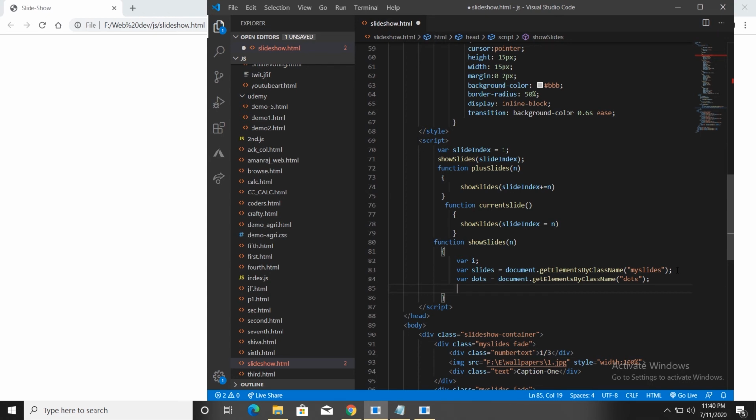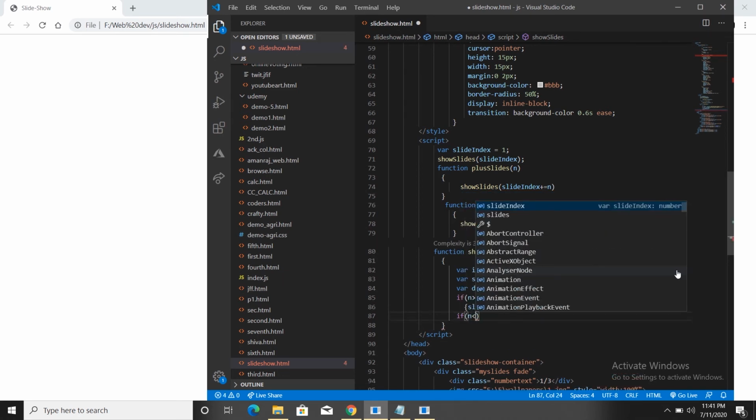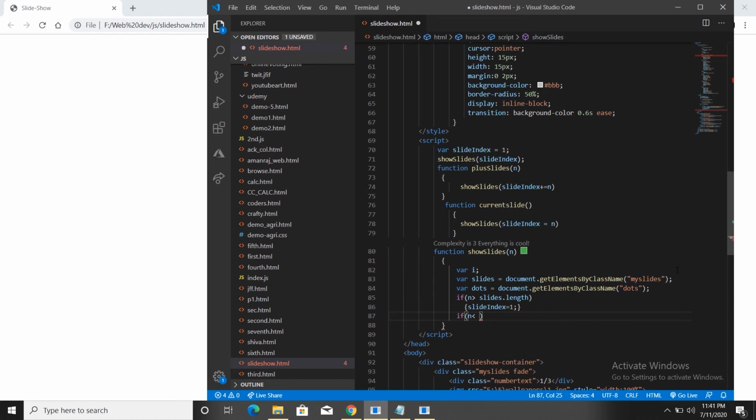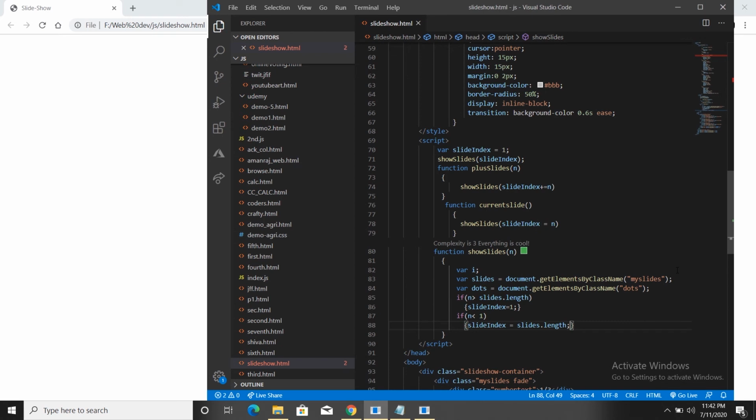So I am writing the loop. If the n value is greater than slides dot length, then the index value will be 1, and if it is less than 1, then the index value will be the size of the slideshow.